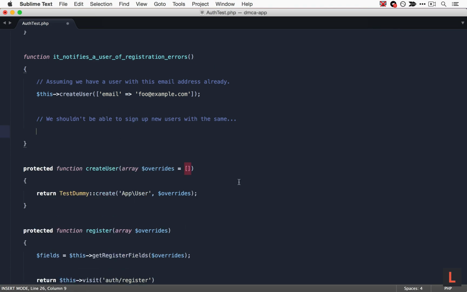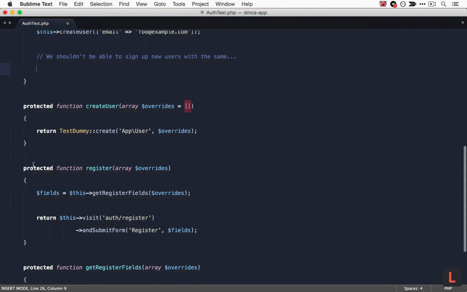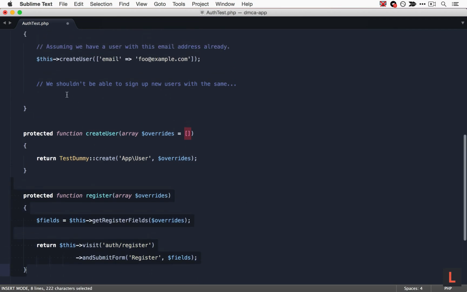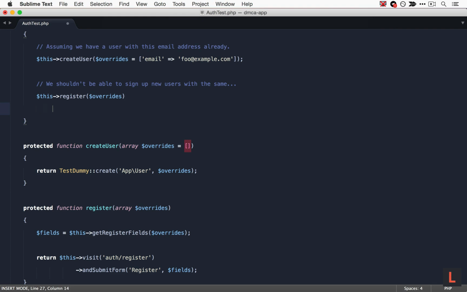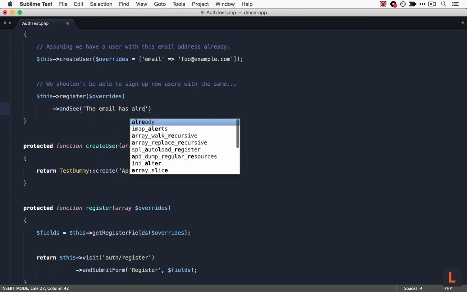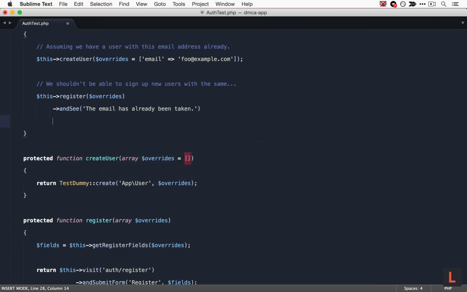That makes sense. And now, because we've done some of the prep work already, this should be a lot easier. I could say this, register, and we want to use those overrides again. So why don't we just save it in the process? Okay, register a user with that same email address, and I'm going to expect to see some kind of error message. Something like the email has already been taken. And then further,